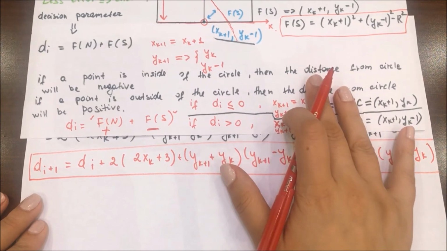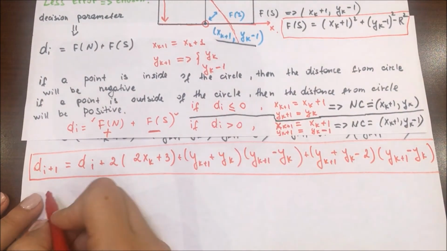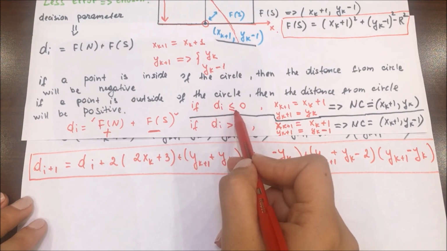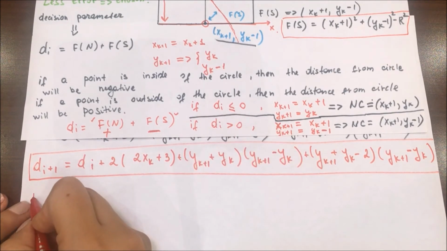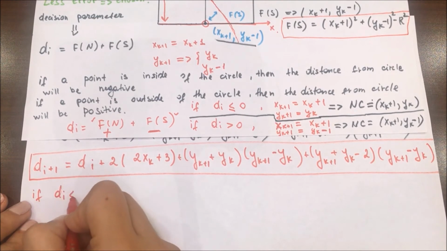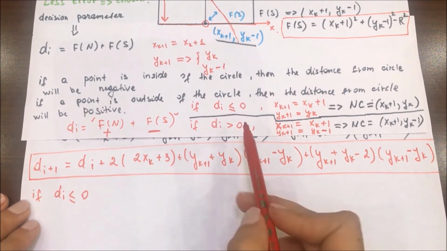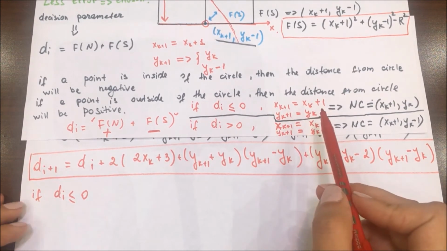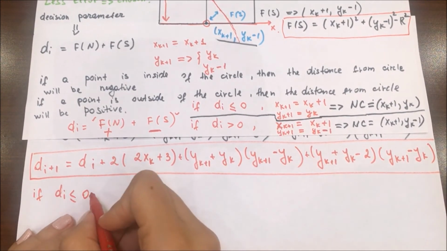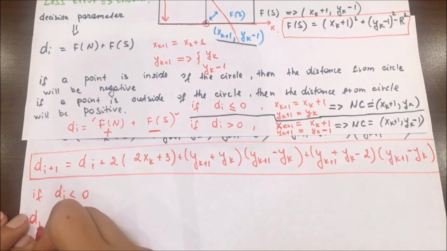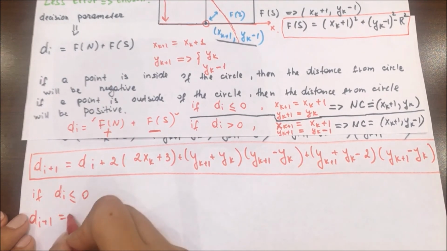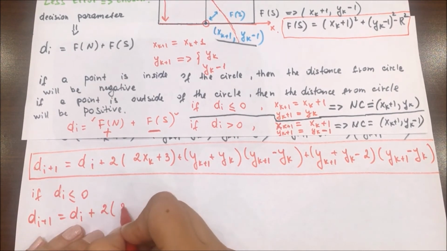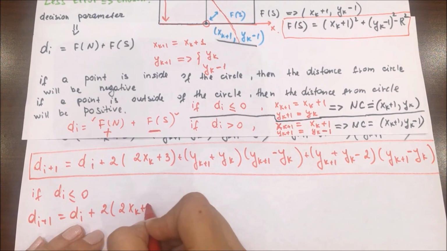Now we're going to look at the conditions. If di is less than or equal to 0, our next coordinates will be xk plus 1 and yk, as we already written above. So we will replace all xk plus 1s with xk plus 1 and all yk plus 1 with yk. We will get, for our first case,